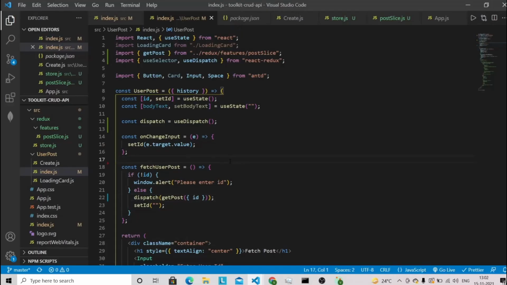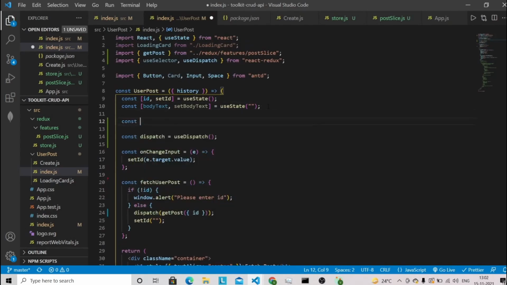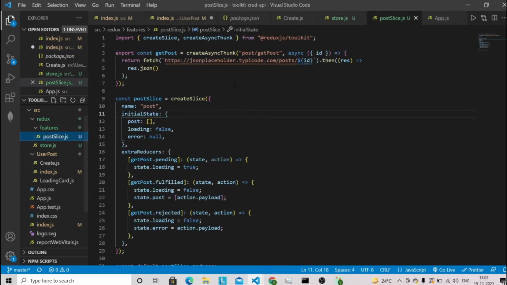So we have to make a couple of adjustments in our React code. Let's go back to Visual Studio Code. First we need to extract the state from the store using the useSelector that we have defined in the post slice.